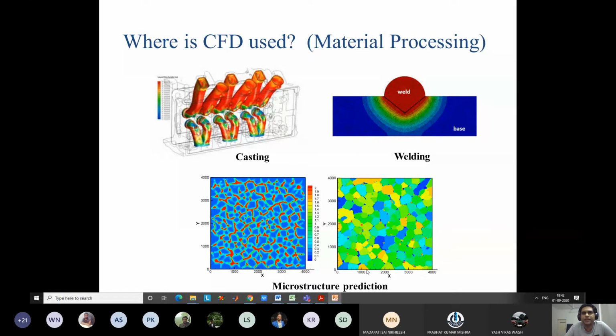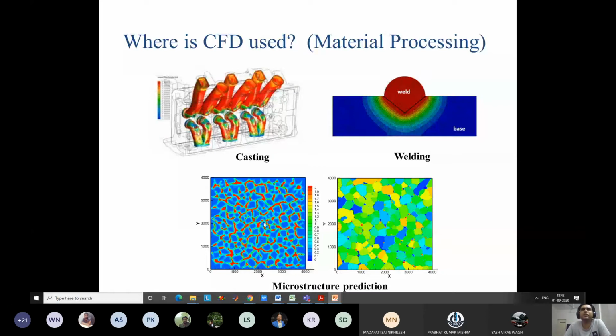This gives us an idea about the strength of the substance. If you can solve the flow pattern and thermal pattern and some additional equations at micro scale, you can say what the microstructure will be. I guess all of you know, if you are studying materials, what a microstructure is. So we can predict the microstructure, the strength of the material and what the defects will be. And by changing the boundary conditions, we can say whether we'll get a better microstructure or not.